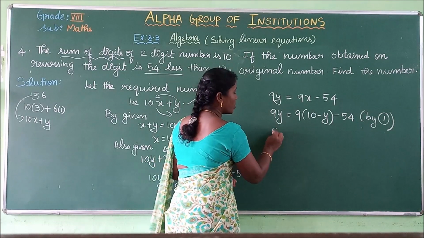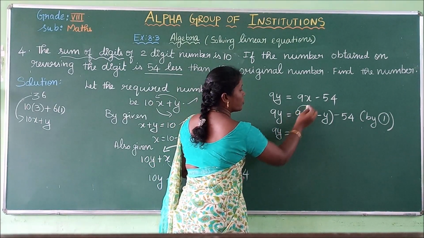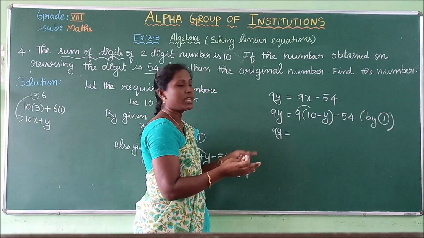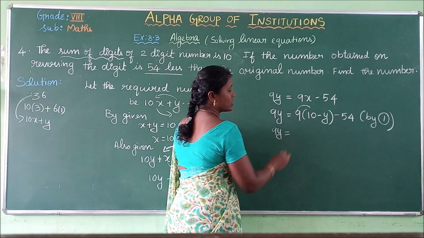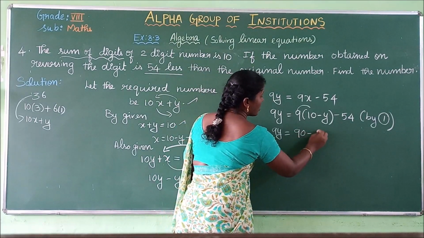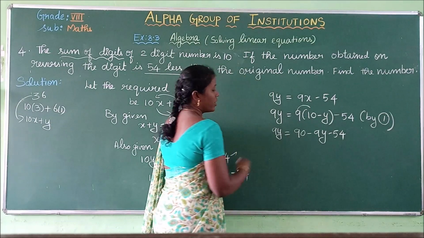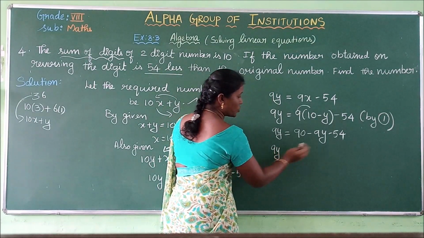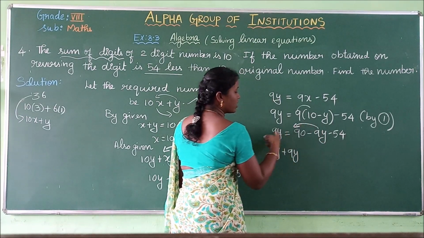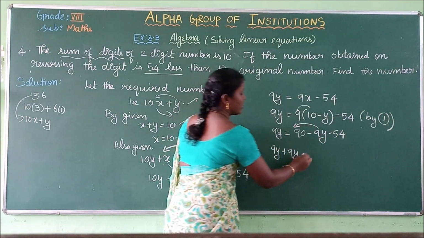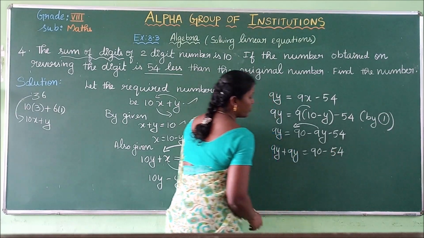Okay, how to solve it? So 9y is equal to, if you open the bracket, okay, then only we can go for the other calculations. So to open the bracket, multiply the 9 inside it. So 9 into 10 is 90, minus 9y, minus 54. Now grouping the 9y terms to one side of the equation. So this minus 9y comes here under plus. Only the arithmetic numbers remain: 90 minus 54.